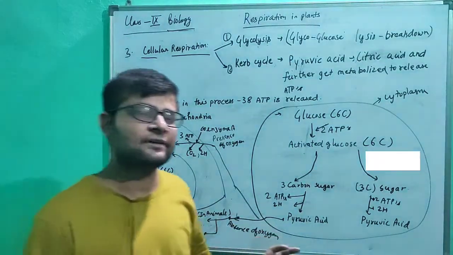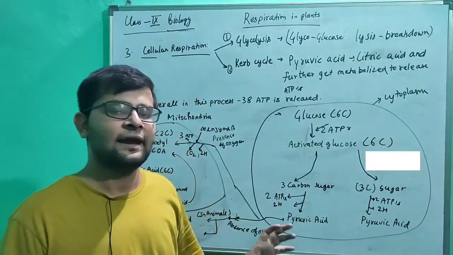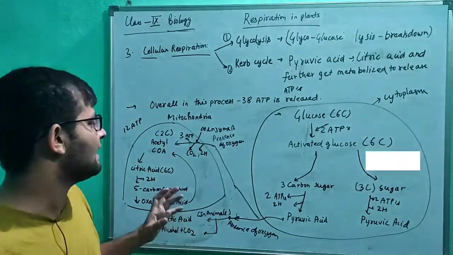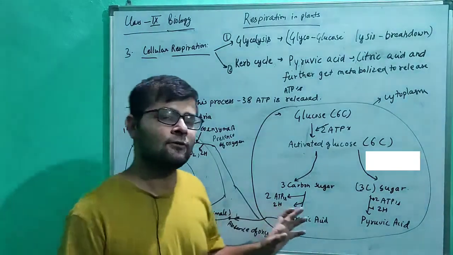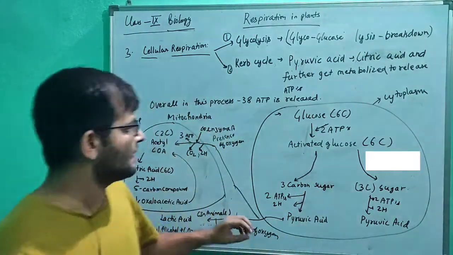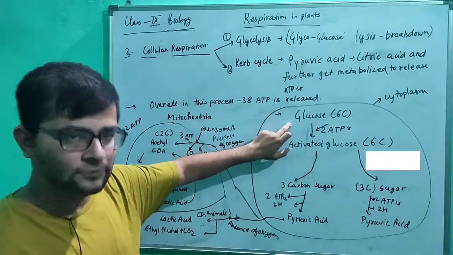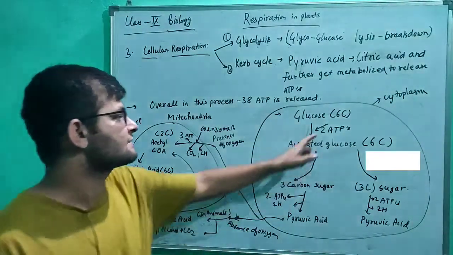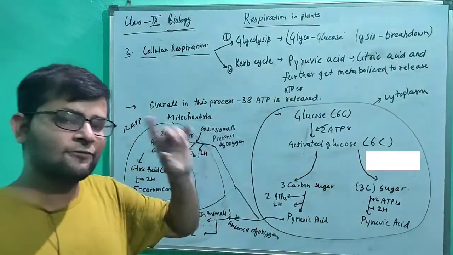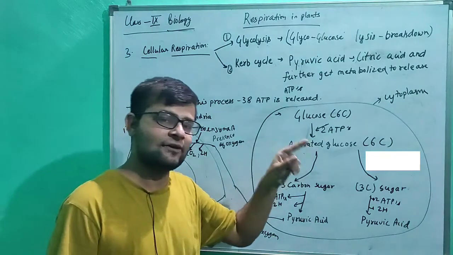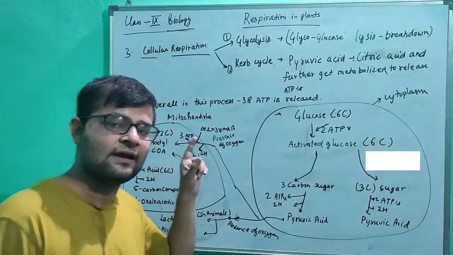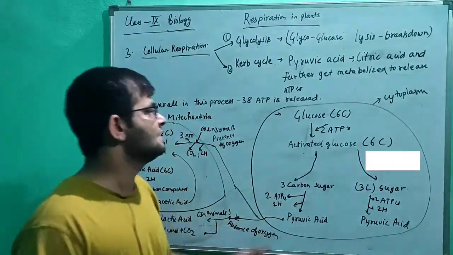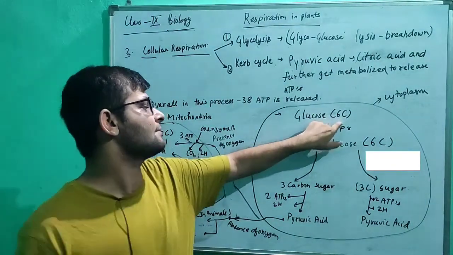So let us study the reactions and how from the glucose energy is being released and what are the products that are formed during this course. Okay, so there is glucose, one molecule of glucose has 6 carbons. You have that formula in your mind, which I discussed in the first chemical reaction where I have written C6H12O6. So glucose has 6 carbons.